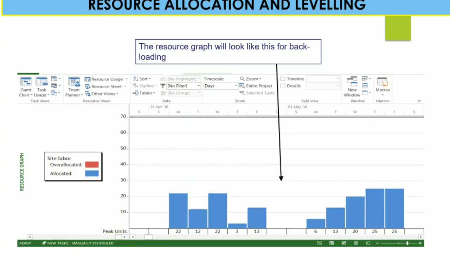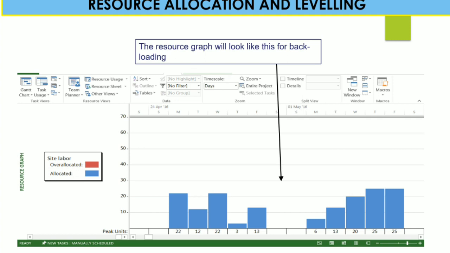After applying the backloading to the activities, to see your resource graph, go to the earlier slide and click on the resource graph. The resource graph of your backloading will look like this.